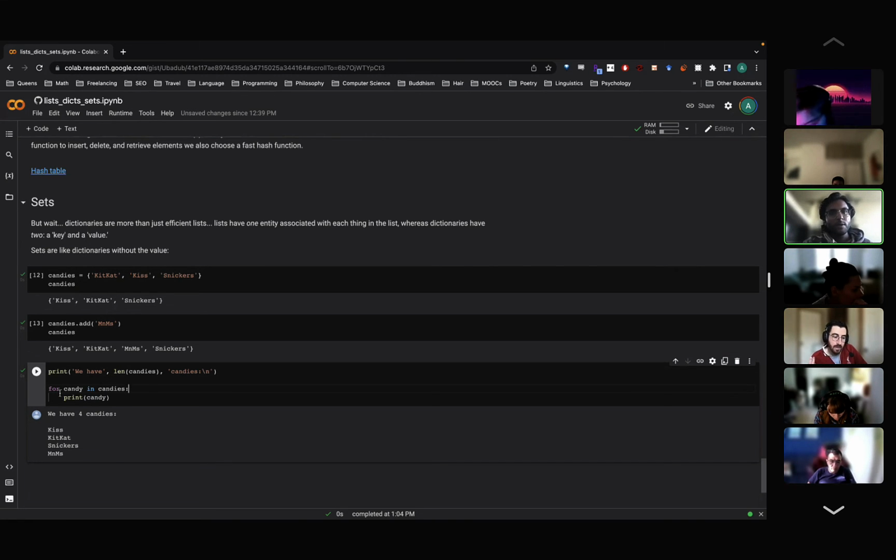The other thing is, remember where I said dictionaries have to have unique keys, and that's because the hash function will just map some value to that. And so you can't have multiple keys because the result of the hash function will be the same. In the same way, sets also have a hashing function. It's the same thing. The difference is that wherever that is in memory, we don't care about what's there. We just care about the fact that we have this at all. So in that case,